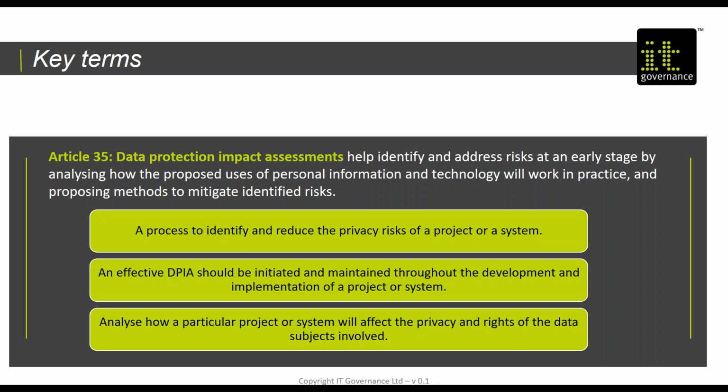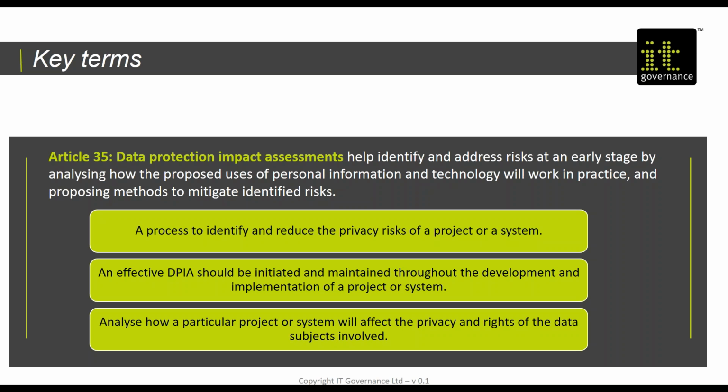What Article 35 basically says is that a DPIA should be used to help identify and address risks at an early stage in analyzing how the proposed uses of technology and of personal information will work in actual practice, to put in place methods of mitigating risk. So at an early stage means if you have, for instance, a plan for a new IT project, you're going to roll out a new accounting system, or you're going to merge 2 customer related CRM databases, for instance, before you start on the exercise, you need to do a